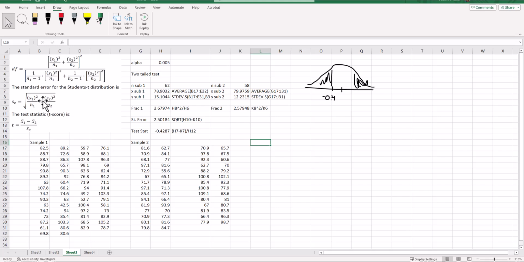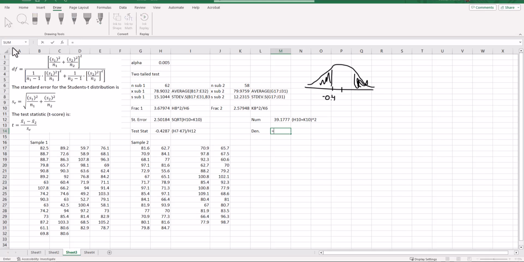Okay, so we've done this, we've done this. Now we need to work towards that degrees of freedom. And for the degrees of freedom, there's a numerator and a denominator. I like to break it into those pieces here. So the numerator is, and you'll notice I have my fancy fraction plus my other fancy fraction, and that quantity is squared. So I'll take my fancy fraction and my other fancy fraction, and I'll square that quantity. So this is the numerator, that's the top. And then the denominator,